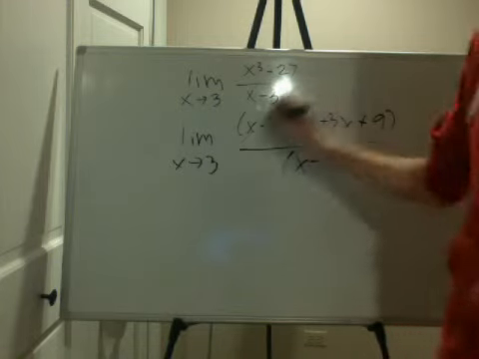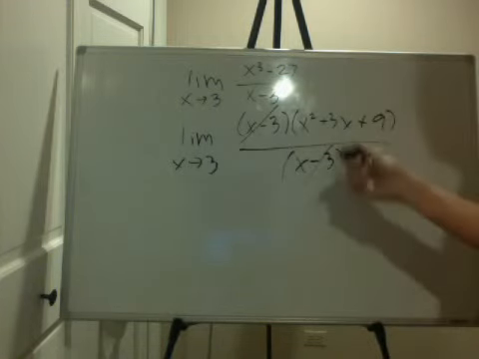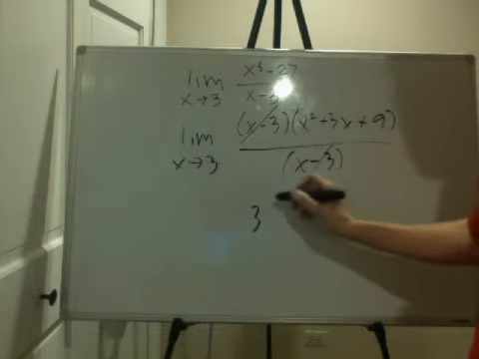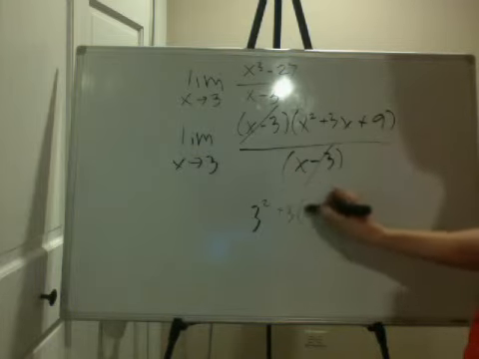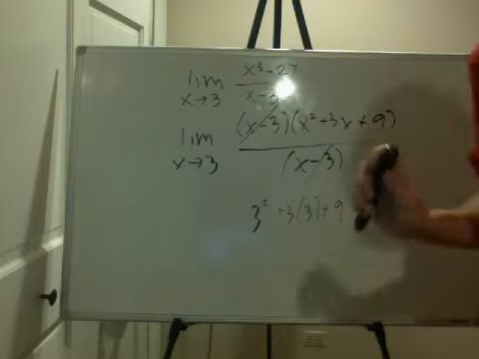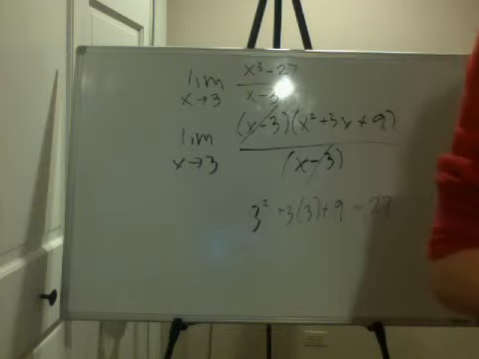And as you see now, you can actually cross these out, and you can just then plug in the values. So you get 3 squared plus 3 times 3 plus 9, which is going to be 27. Right? 27? Yes, 27. The last one I want to do very, very quickly